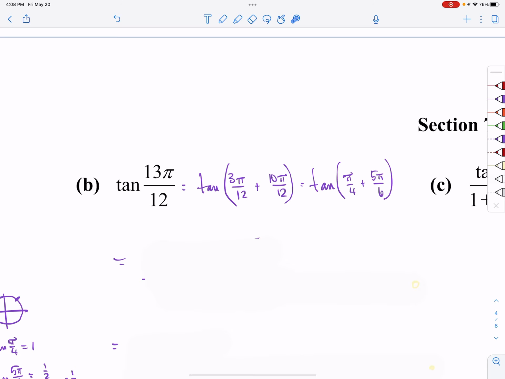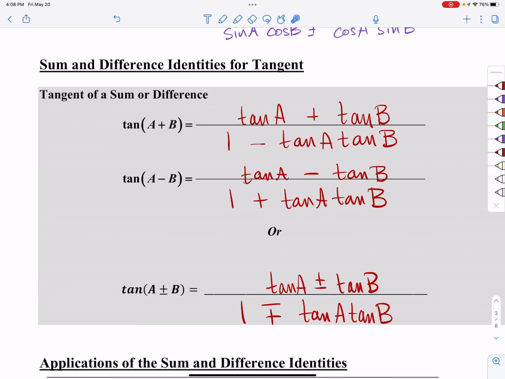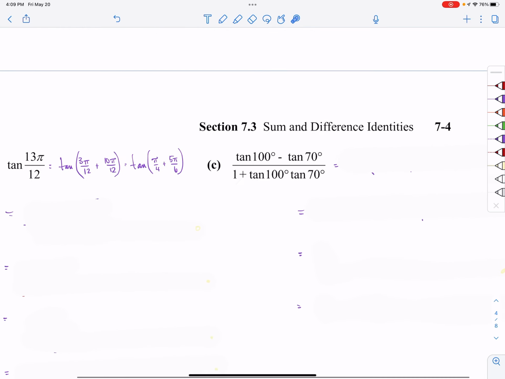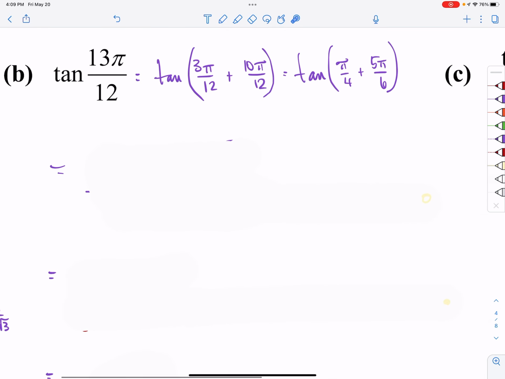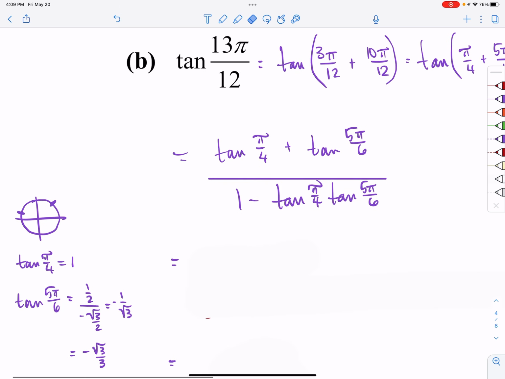And so we'll use the right side of our identity. Let's go back up and look at that identity real quick. We're using this one, which is tan plus tan all over 1 minus tan tan. All right, let's go ahead and plug into that identity here. You see I have my tan plus tan all over 1 minus tan tan. And now what I'm going to do in the margin, and I already have this uncovered here,